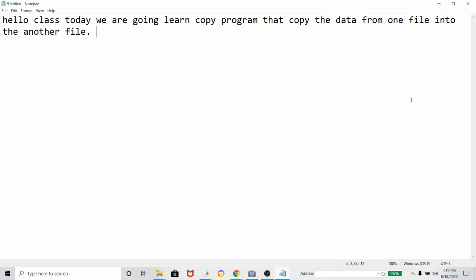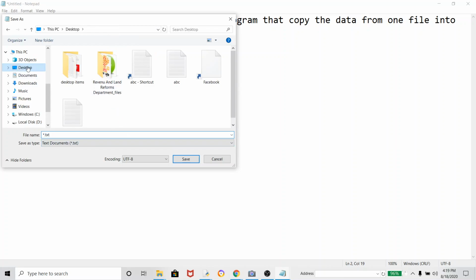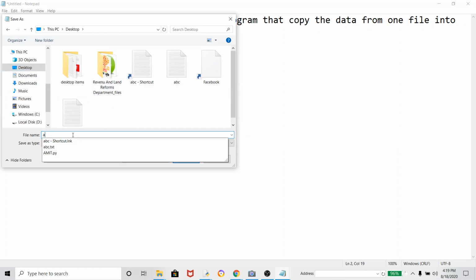Look here, in this program, as you have written it, in the same way it will copy into another file. How many spaces you have given, where you have changed the line, exactly the same way as this file is, the same way it will be copied. And the file name on the desktop, we have to write here, Anubhav.